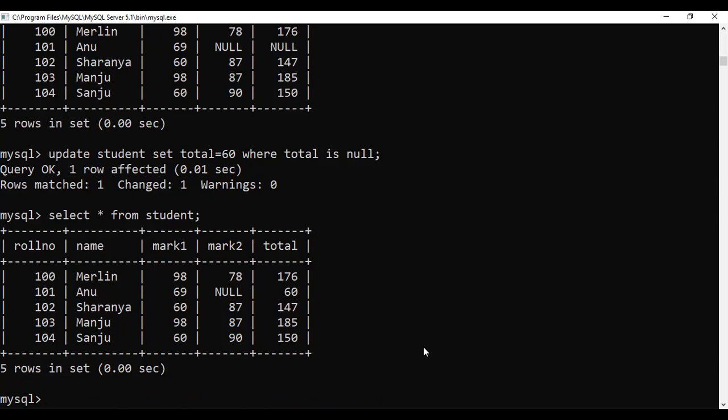Now another clause is for grouping or summarizing the result, called group by. But before moving to group by, we have to understand the aggregate functions available in SQL.